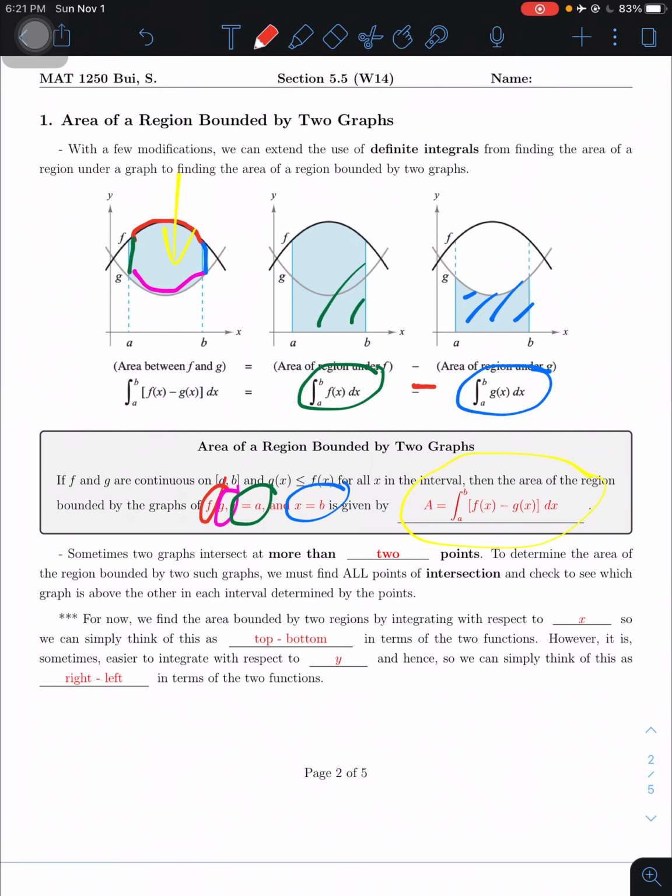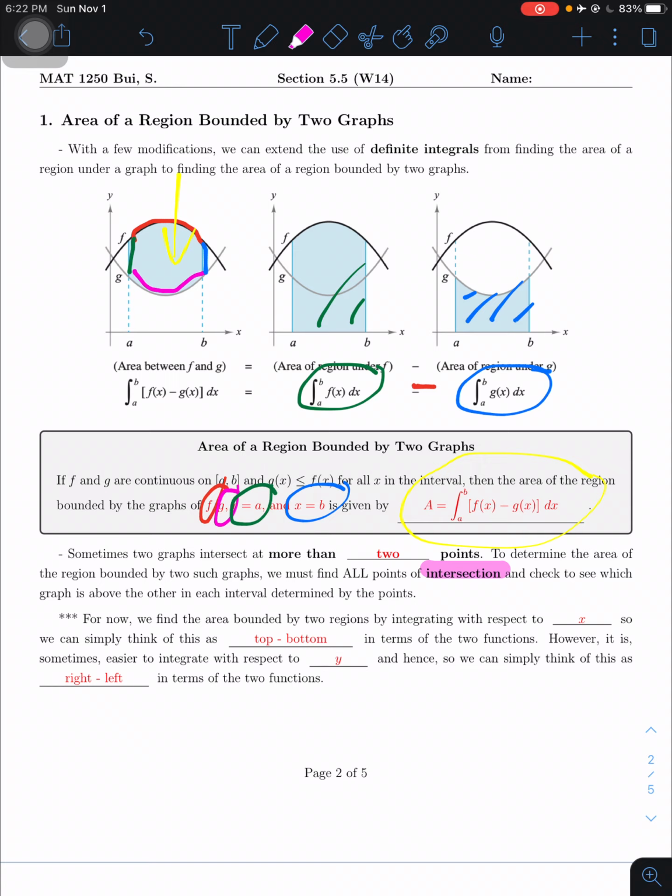Sometimes two graphs intersect at more than two points. To determine the area of the region bounded by two such graphs, we must find all points of intersection. So this one, just a quick highlight here: we have to find all the intersections. That's the first step. And after that, check to see which graph is above the other in each interval determined